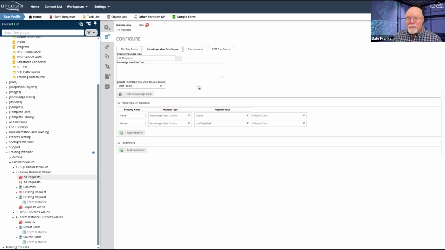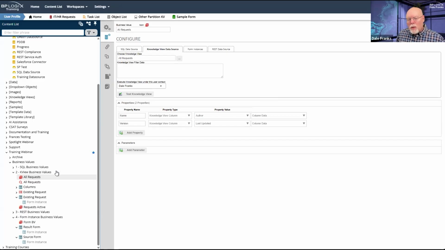But the first time that I do it, I will need to have both my username and my password before it will save the business value. It will not actually save the business value unless you have the username and password. So you can't even save the business value unless you can provide the context up front. So that is the one roadblock to using this. The other is the output that you're going to get whenever you do this.